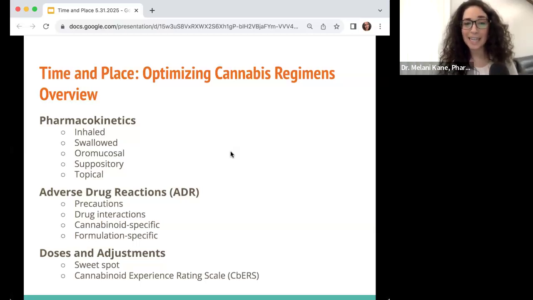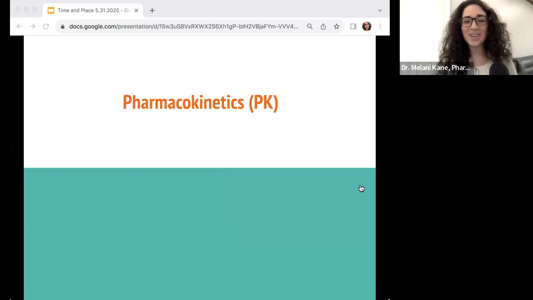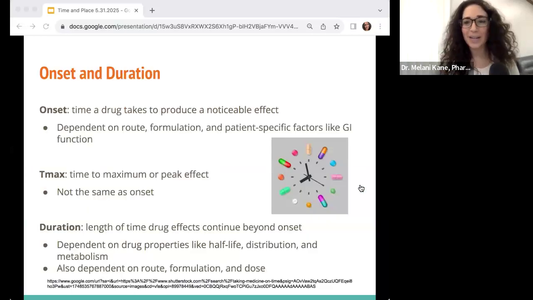I'm going to start with some pharmacokinetics, and I'm really going to focus on the formulations that have PK/PD information, so basically anything that's peer-reviewed. Unfortunately, for Florida, I do not have anything significant, anything at all, on intranasal. So I skipped it, made an executive decision. And then we're going to talk about adverse drug reactions. What kind of pharmacist would I be if we didn't discuss drug interactions? And then last but not least, we'll discuss the process for doses and adjustments and how we determine which way to go.